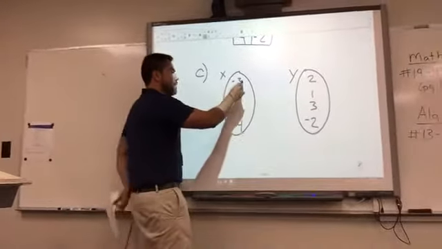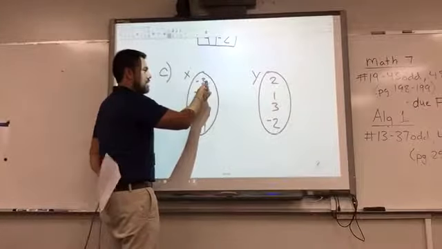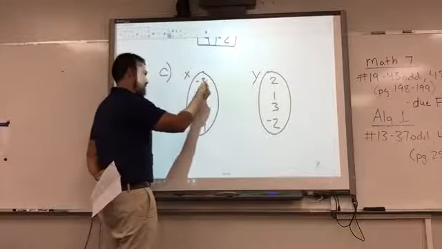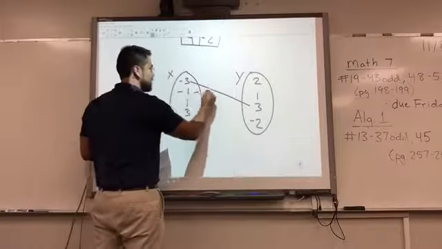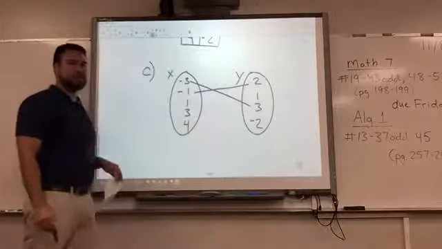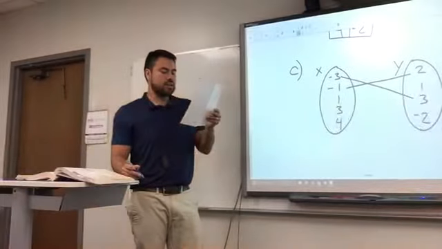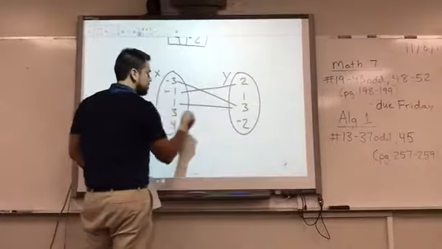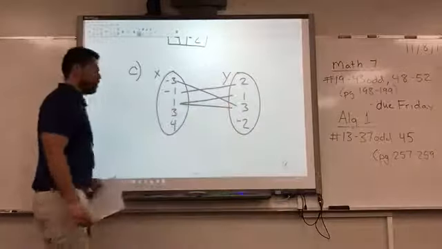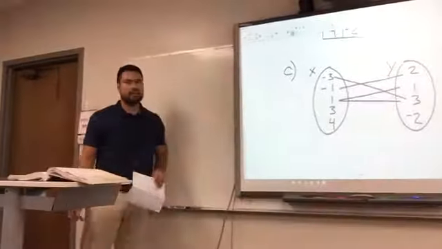So what value in the Y set of numbers matched up with -3 in the X? So I draw a line from -3 to 3. Is that the only match that -3 had? Yes. What about -1? What did -1 have? It matched up with 2, right? -1, 2. What did 1 match up to? 3. Yeah, you put a line to 3 and a line to 1 from 1 on the X set of values, right?